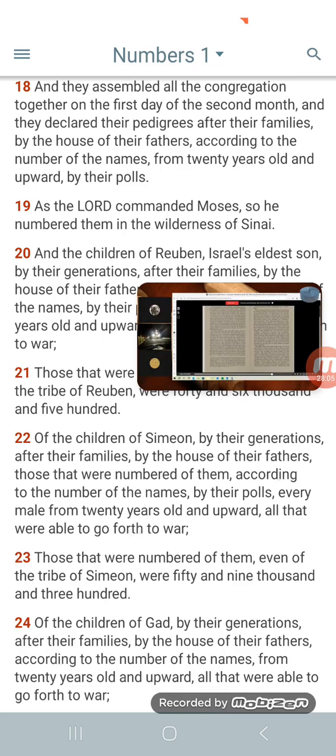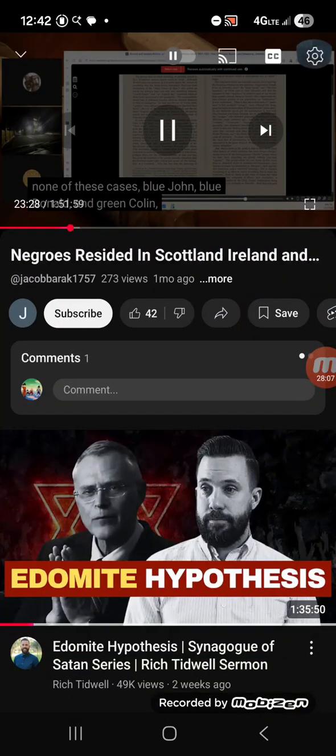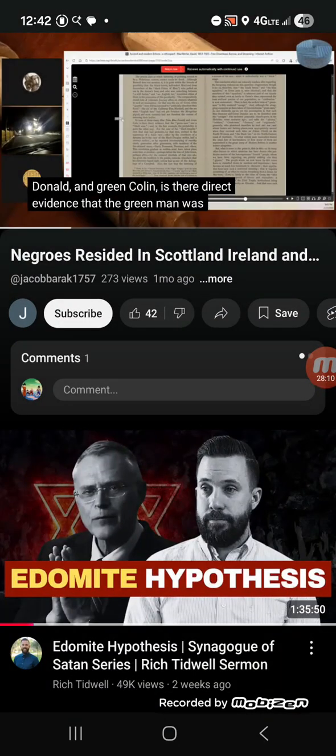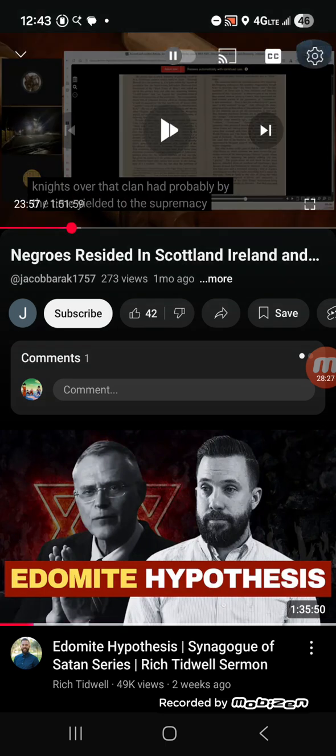In none of these cases, Blue John, Blue Donald, and Green Collar, is there direct evidence that the green man was a black man. And in the first example, the probability is quite the other way. For the rule of the Black Knights over that clan. Wait, there were Black Knights? Yes. It says, for the rule of the Black Knights over that clan had probably by this time yielded to the supremacy, yes sir, dark knights,